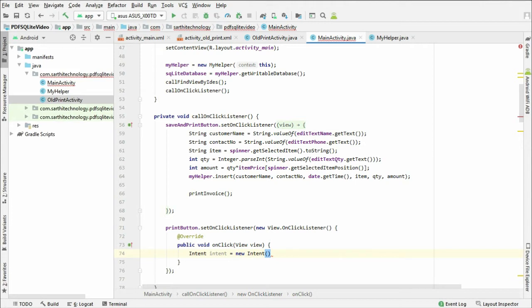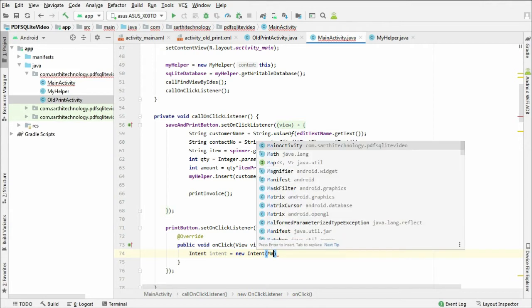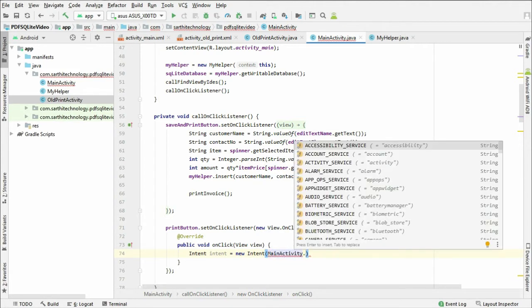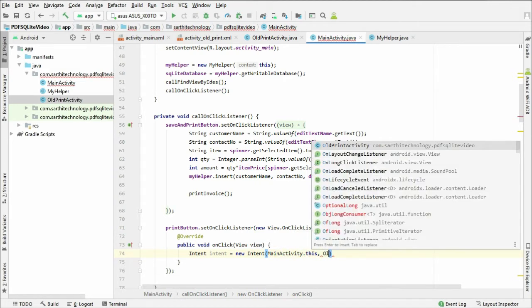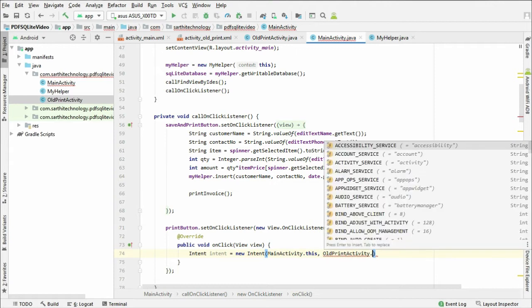Here first MainActivity.this, comma, OldPrintActivity.class.